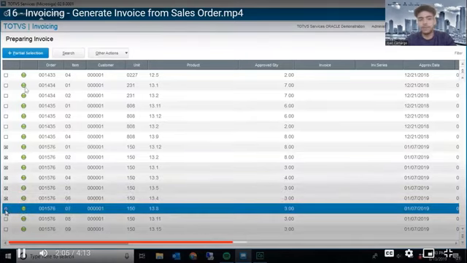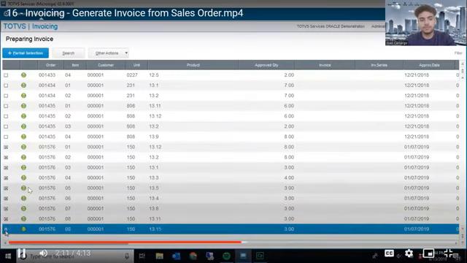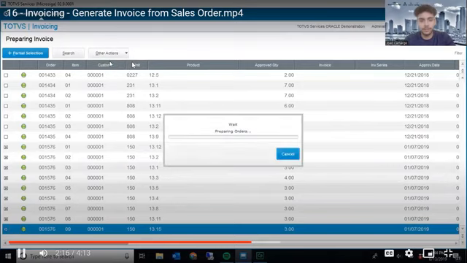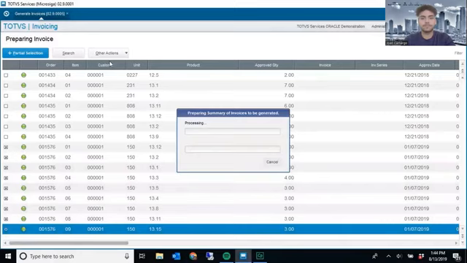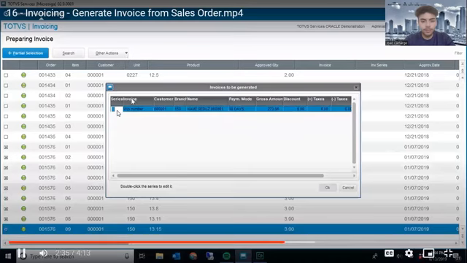And you can see that all the green bubbles mean that these orders are pending. And we are now gonna click on other actions once we've selected them all. And in other actions, you have the option to generate invoices, which is what we're clicking. So you click on that. And it's taking a second to process this invoice, all right? Here you go. It comes up with this